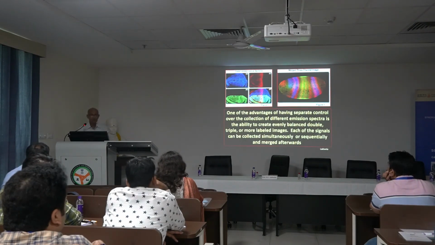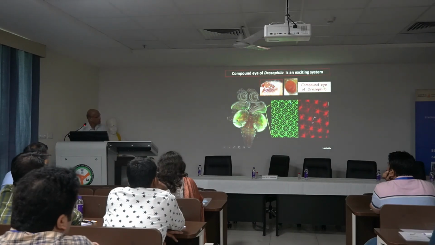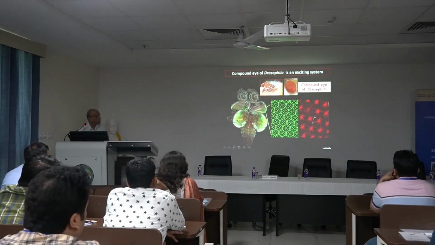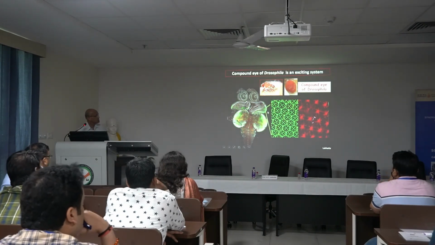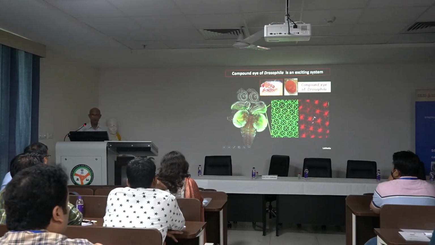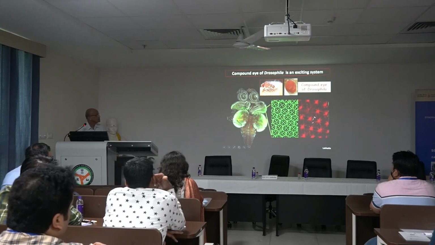We can look at things in great detail. Now, I'll just give you an example. These are some of the images from our labs, taken by different students. This is a Drosophila larval brain. These are the brain hemispheres, and this is the ventral nerve cord. This part is what we call the eye imaginal disc, which will make the adult eye. The larva doesn't have an eye; it's inside. And this part will make the antenna of the adult.